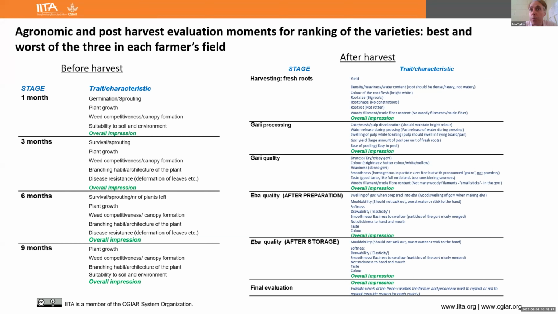I think it's very important because we cannot only represent the idea that we're covering 90% of the production and processing. As a breeder, you want to look into the future, and you want to see what the current variety demand is. Most people replant their own varieties and get them from their neighbors, but there are also specific farmers who are looking out for new varieties, and Dr. Shidoshi can talk a lot about that.